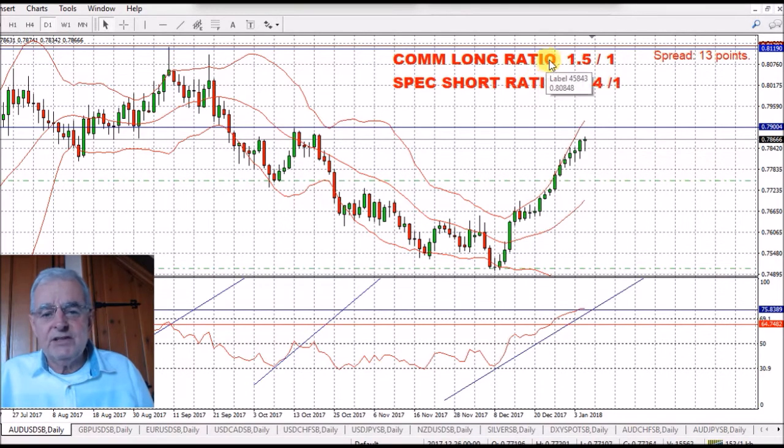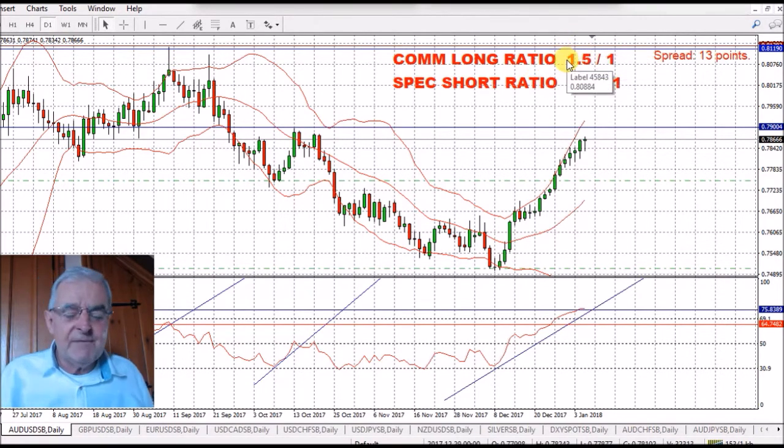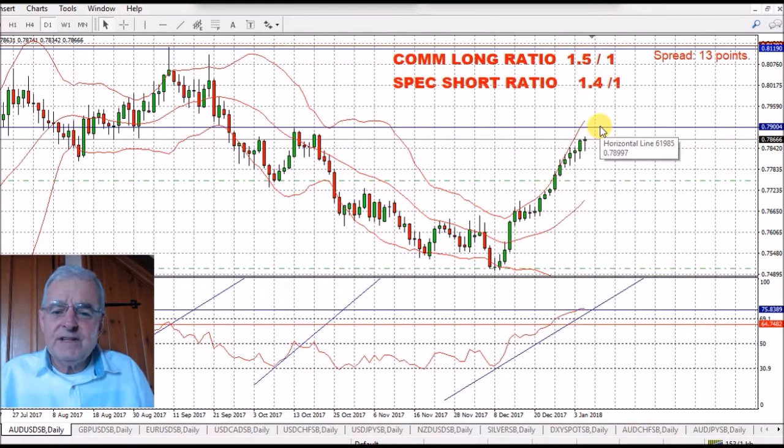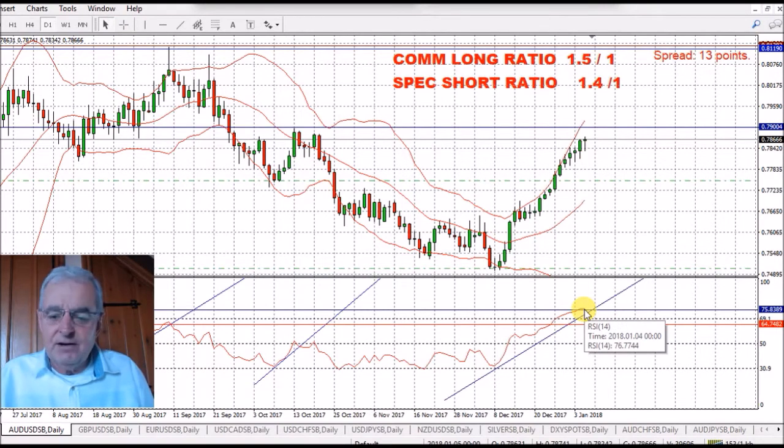Commercials have got a long ratio of 1.5 to 1, and they have been short a long time. And the speculators are short by 1.4 to 1. We're coming up, we've got quite stiff resistance just above it here. We've actually popped our head above the resistance on the RSI, and I think we might just see a little